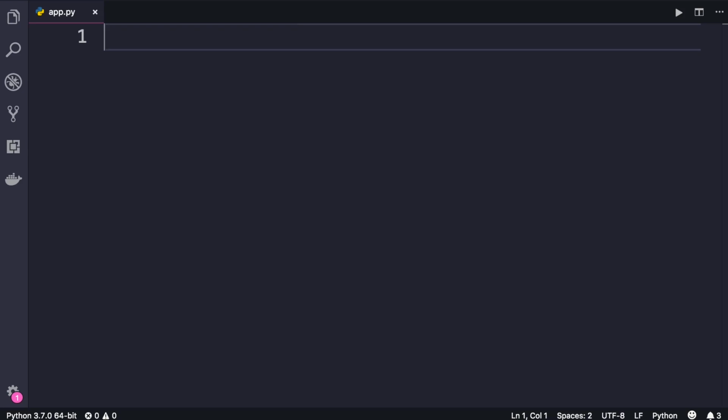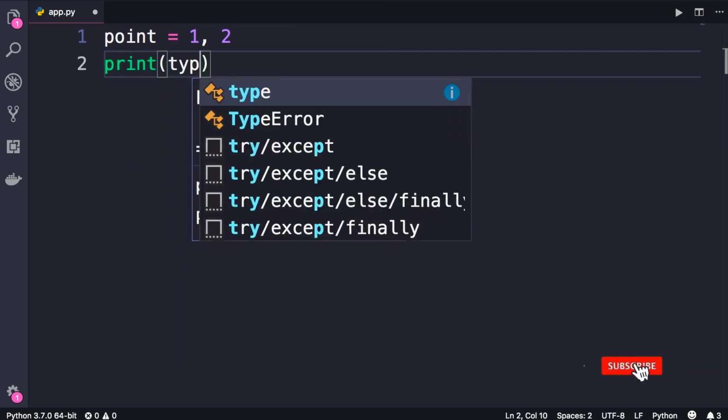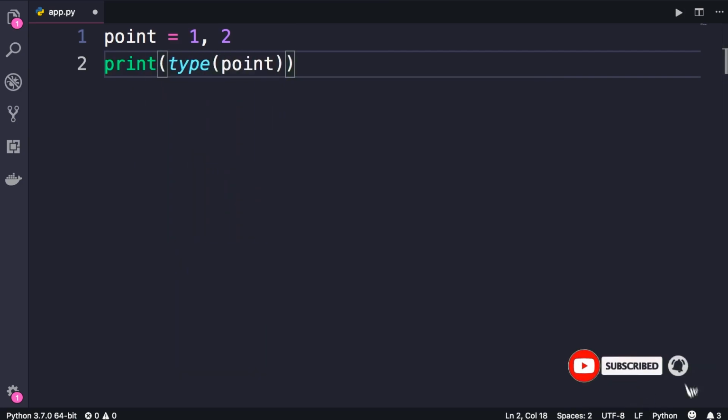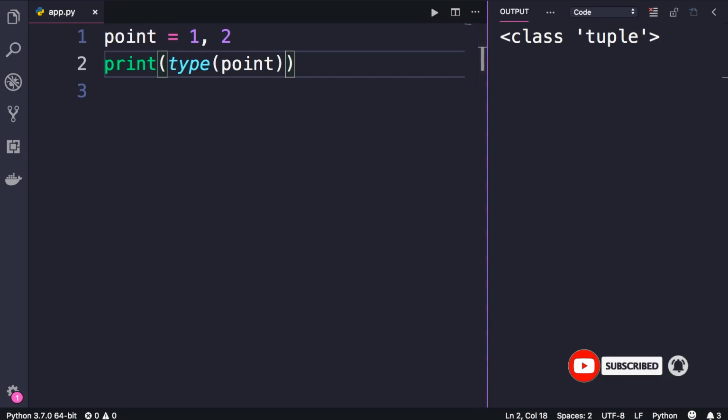So let's start by defining a tuple called point. Instead of square brackets, we use parentheses to define a tuple. So here we add a couple of numbers, a point with x and y values. We can also exclude parentheses, and Python will see this as a tuple. Let me show you. So let's print type of point